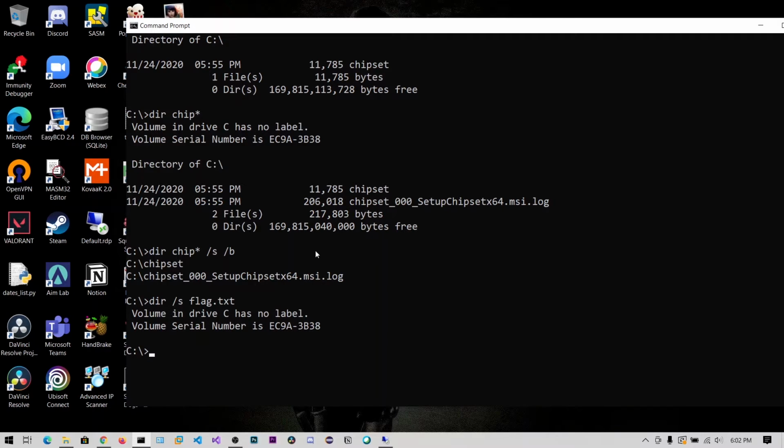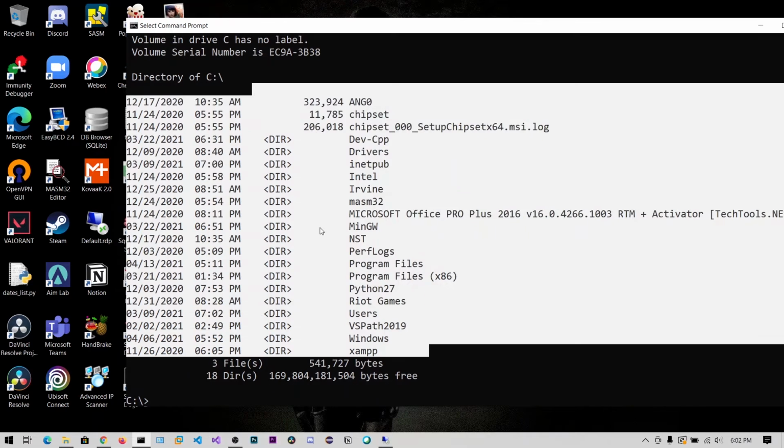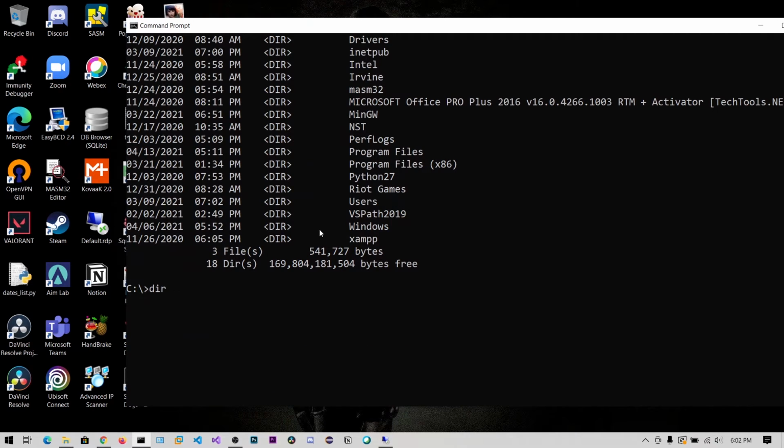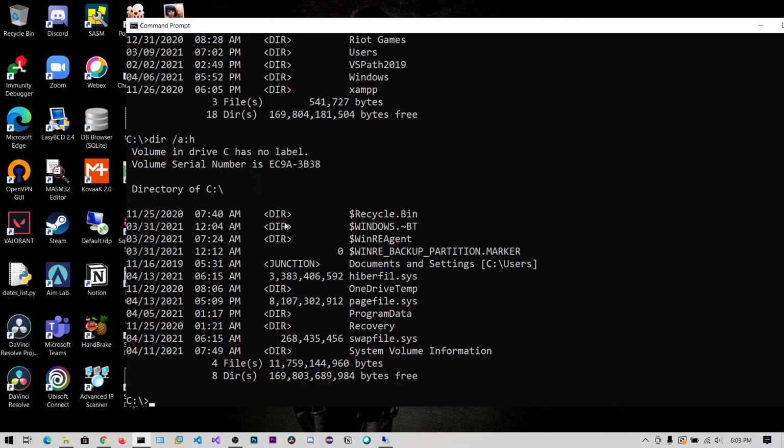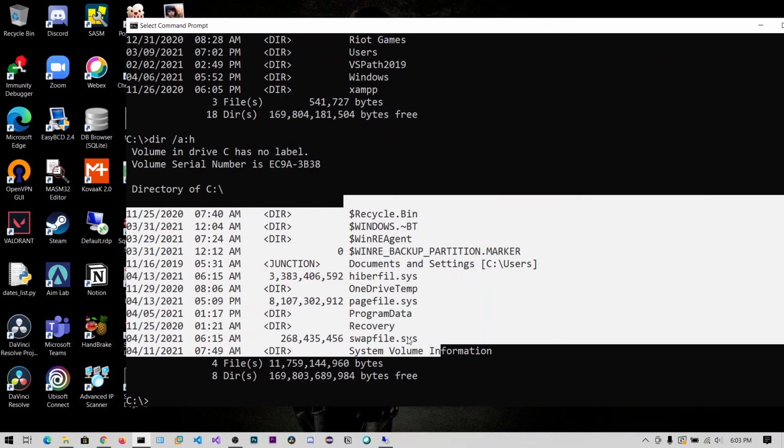So okay, now we are going to say dir, and you will get all the files and folders. And if you want to see the hidden files, you can say a, and you need to specify the attribute h, that is for hidden. You can put the colon here, or you can directly specify h. The neat way is to specify the colon and h. Now hit enter, and you will get only the hidden files.